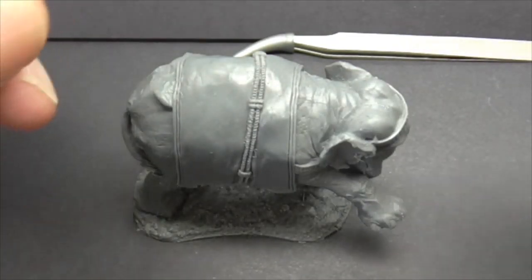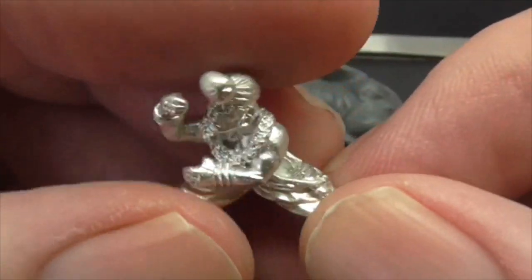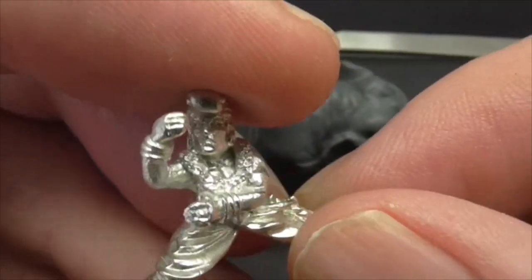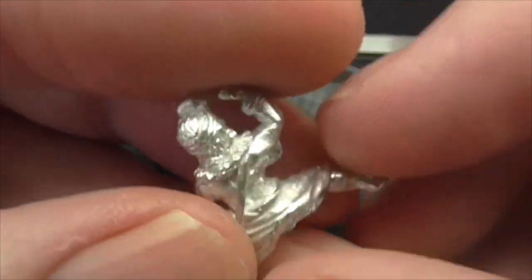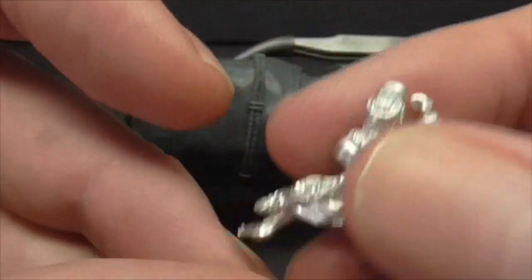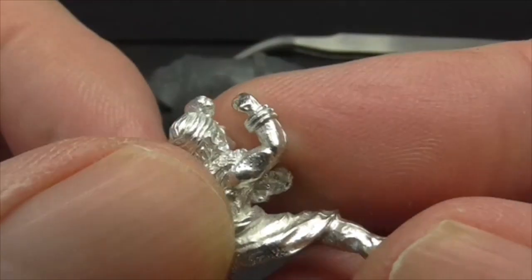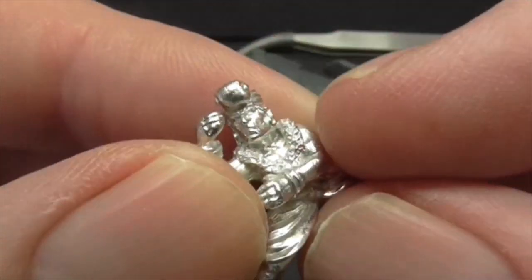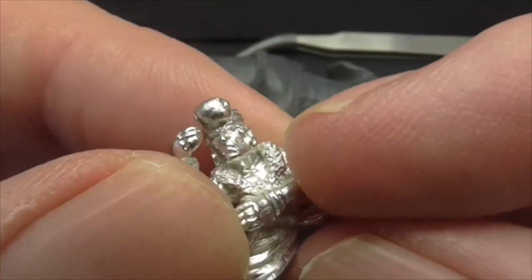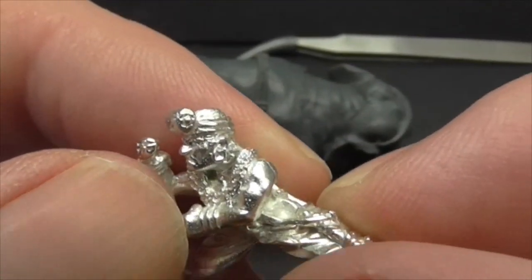I've never painted First Corps figures before. The ones I've done for Mick before were from Foundry. So what do we think of these? They're very light casting, really, really light. I can't see a lot of flash or mould lines, to be honest with you. The face is very shiny, so it's a bit hard to tell, but